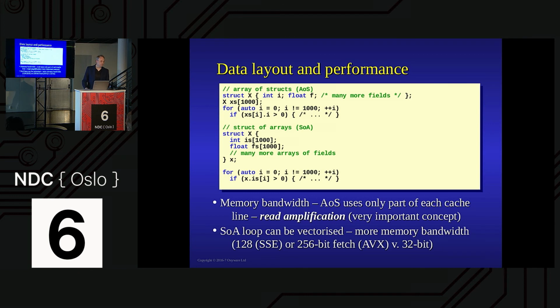Data layout and performance. This is something you'll find in the games industry. They refer to this as array of structs and struct of arrays, and it actually comes up in lots of places. I basically have my objects like this and I have a vector array of those. Do I store it in rows or do I store them in columns? Well, it depends. And it may be that you end up actually having to store both for performance. You may have to duplicate your data.